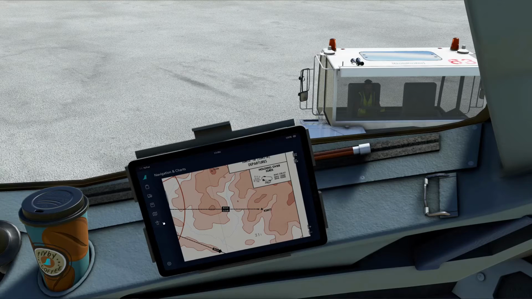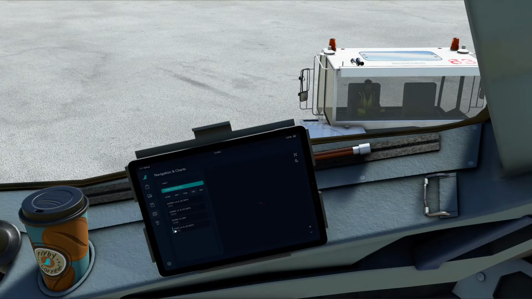Now, does this actually do all the flight plan? This is the thing, you see. So can I actually see the whole flight plan? I don't think so. I don't think so on this one. Let's have a look.